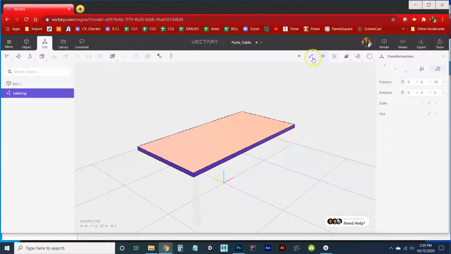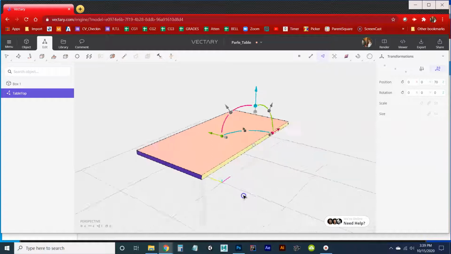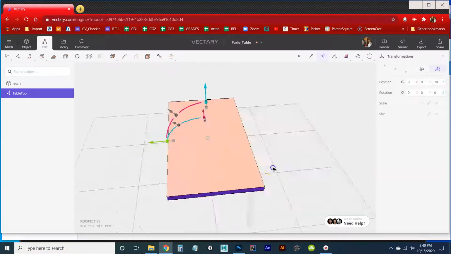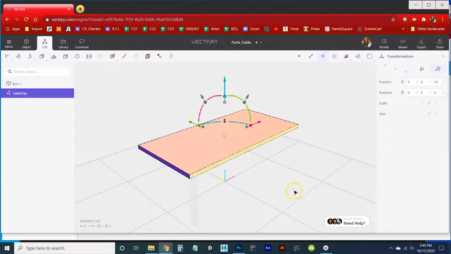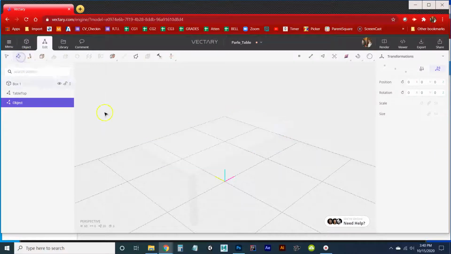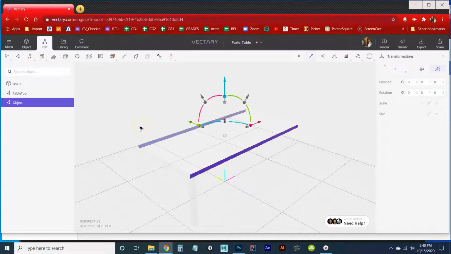Hotkeys, by the way, they have those too, but I just don't use them yet. So I'm going to select the front. I'm going to hold down Shift, and I'm going to select the back. And then I'm going to hit Cut. So Control X, and you'll see they're cut out of there. Now, if I were to paste this back in, it would again attach it to the table. It'll attach it to what we have selected. So this is where that empty node comes in. I'm going to create a new object. And now I'm going to Control V and paste, and you'll see these faces now belong to a new object, which I can name